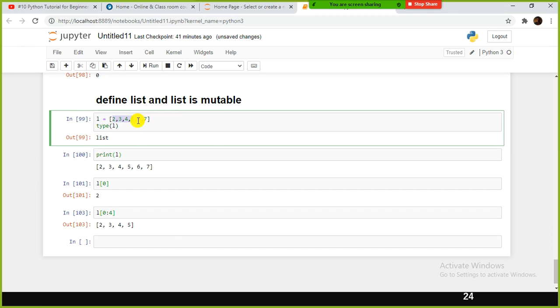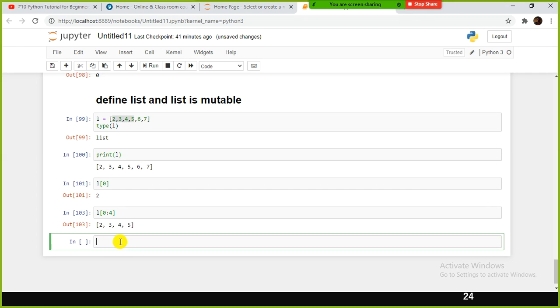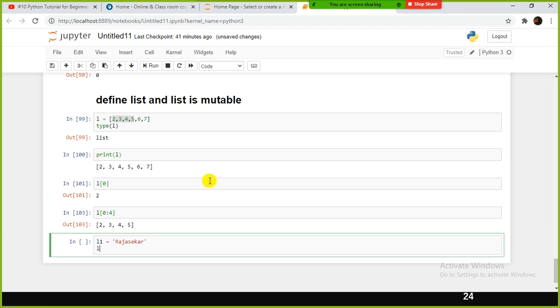But in string, you will not get 4 characters. Can you put some string over here and just check it? Yeah, we will create L1 with some string, like 6 characters, and put L1 square bracket 0:4.